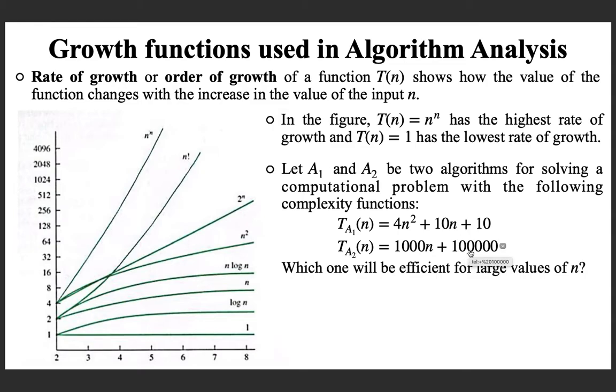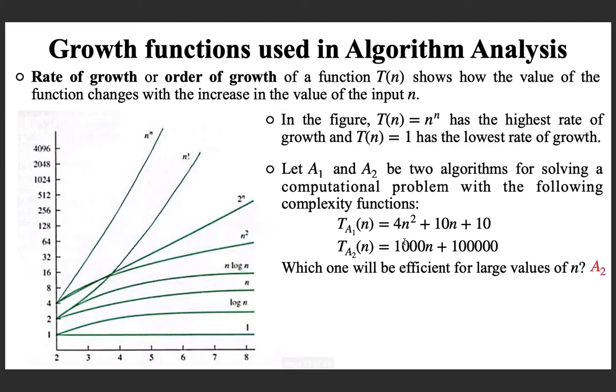Okay, then which one will be the efficient algorithm for that problem? Two algorithms are there for a single problem. You as a programmer, suppose you want to select one, which one you will select? Maybe you have to select the most efficient one. You can see that it is